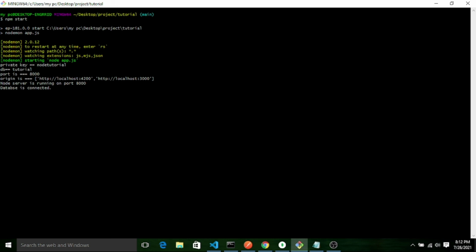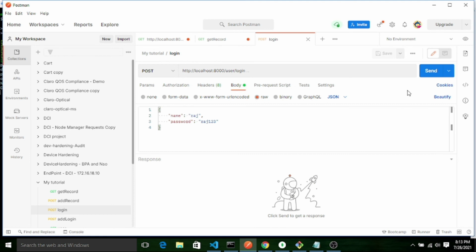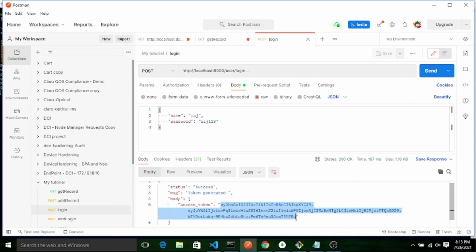So all these things have been fetched from my .env file. Let me run one more REST API in front of you. So let's say this is my login API. Let me run this one. Yeah, now it's generating the token. So I am using that private key for generation of this token. That means all the values present inside that .env file are imported into our Node.js code base.